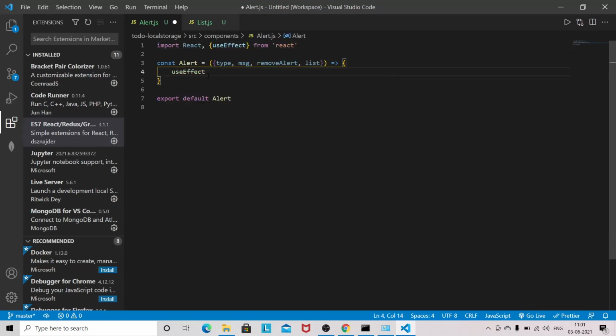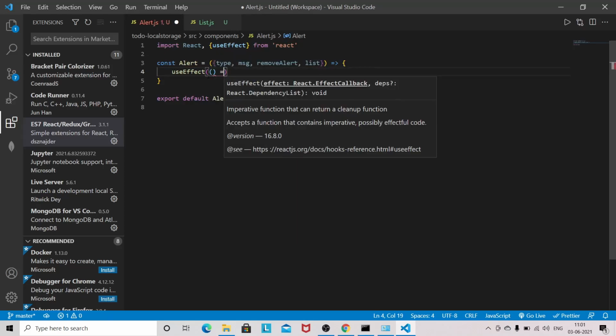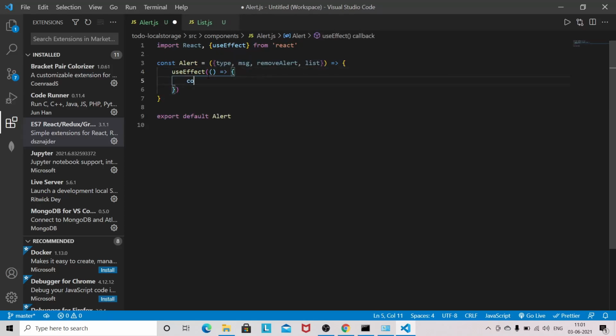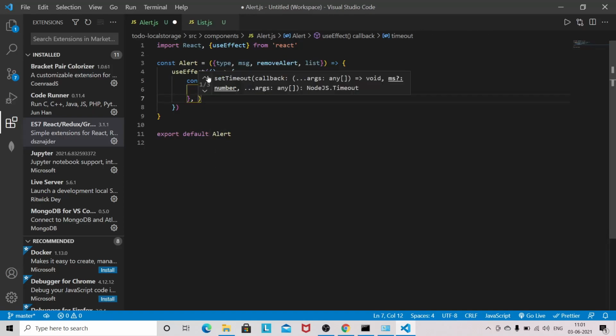I will use it this way: const timeout equals setTimeout, removeAlert, and the message will be removed after 3 seconds, so I have given 3000 milliseconds.